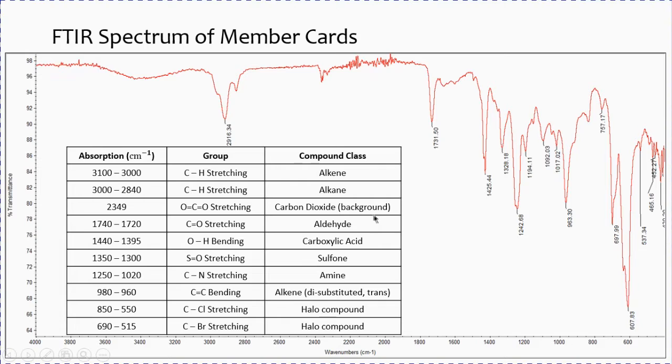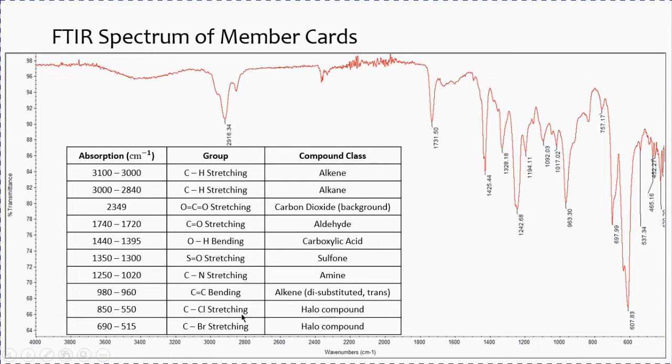The sharp peak, 1731.5, has matched with aldehyde. The sharper peak here is estimated as carboxylic acid. The two peaks here are sulfone groups, and these small stretchings after 1000 cm⁻¹ are believed to be in the range of the amine group. Here come the spikes again, less than 1000. This is predicted to be the disubstituted trans-alkene, and the rest of the strong stretchings are representing the halo group of